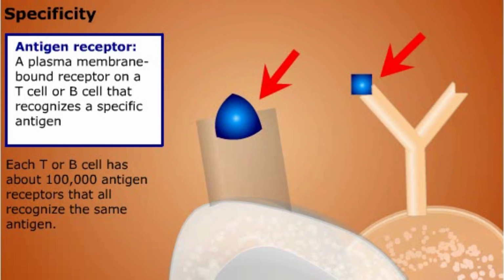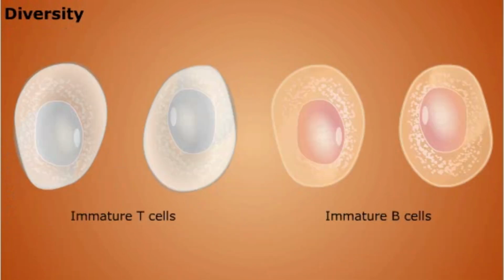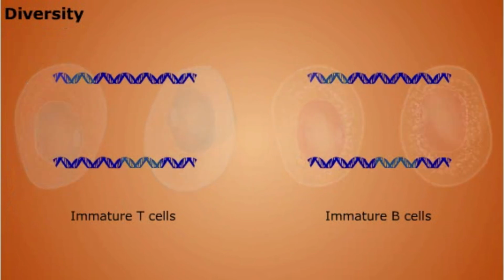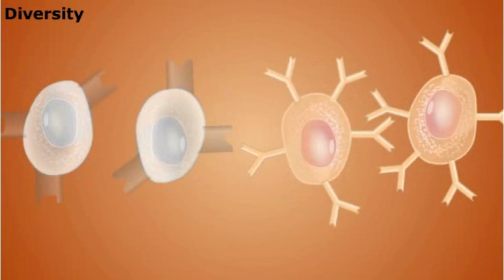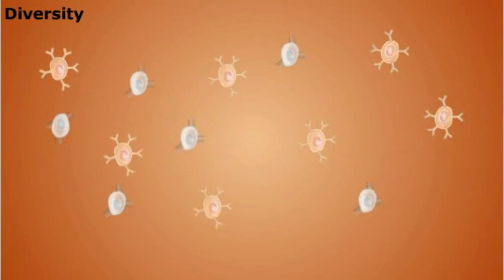But how can we defend against different pathogens if each lymphocyte responds only to a particular antigen? The answer lies in diversity. During embryonic development, immature T and B cells undergo a type of genetic recombination that produces a single functional gene for each polypeptide of the antigen receptor. The recombination is unique for each cell. The huge pool of T and B cells, each with a unique antigen receptor, can therefore respond to millions of